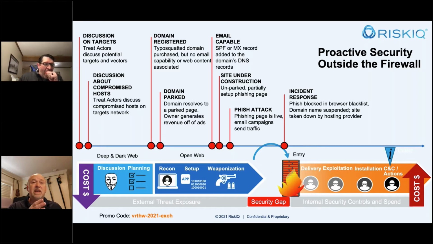So then once all that stuff's set up, now that's where you would come in and say, I saw something internally. But at that point, if you're seeing it internally, it's going to cost you a lot of money and you might have a lot of problems. If you can stop it earlier in the chain, it costs less and you have less exposure. So that's what we're trying to do.